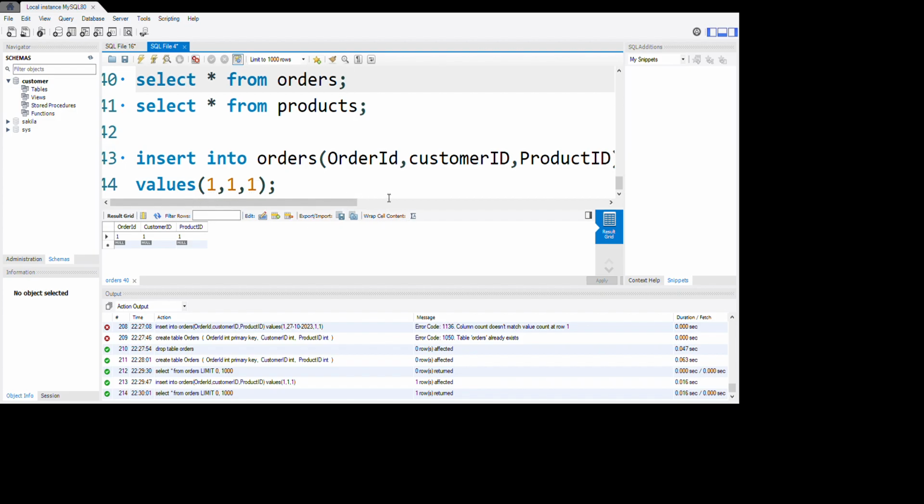insert into the orders table, and then order ID, and then customer ID and product ID, right? And then closing the bracket, and we want to insert ID 1 and customer ID and product ID. Because we use whole numbers, right? So integers, whole numbers,